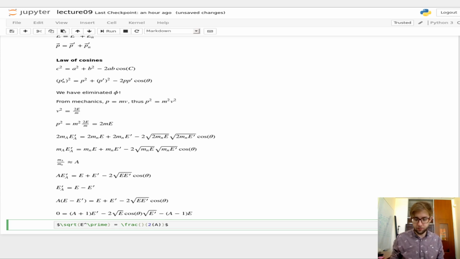So this is A plus 1. That's on our denominator. And then on our numerator, we have negative b, which is already minus 2 times the square root of E times cosine of theta plus or minus the